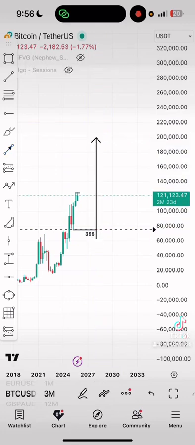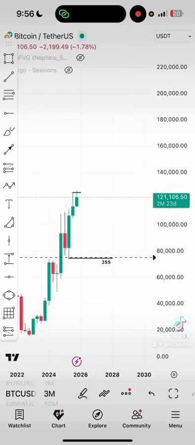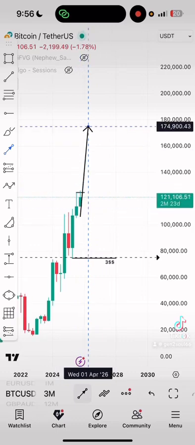Honestly, boom, 200k. But I'm not trying to predict the future. Based on what I'm seeing and based on what the chart is telling me, for now, fingers crossed. Let's see what price is going to do. And BTC might decide to just keep moving. Honestly, that is